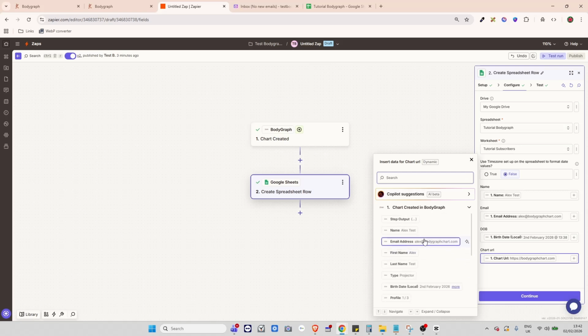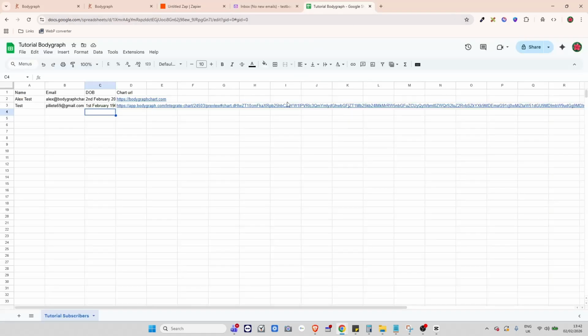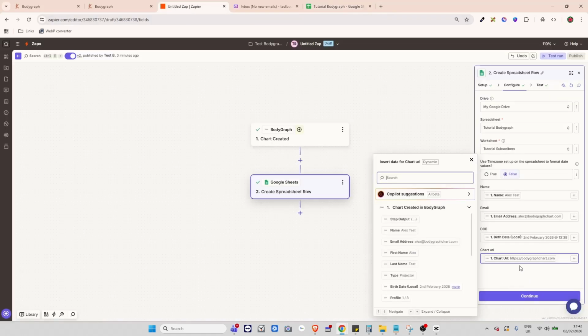You can collect specific gates, specific information type, profiles, authority, strategy, incarnation process. So if this is the data that is important for your business, you can extend this list by creating additional tabs at your Google Sheet and then filling them with the responsive shortcodes, and that data will start landing into your Google Sheets. You can update this anytime, and